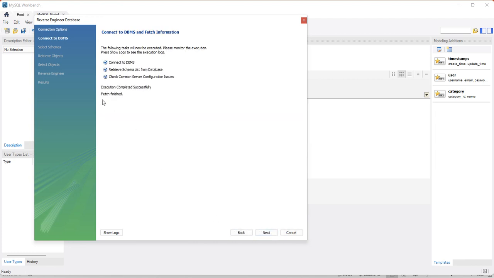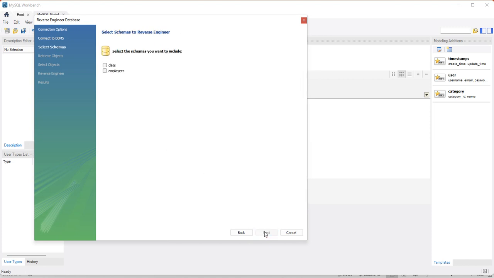The execution will be quick. You'll see a message, execution completed successfully. You click on next, and here you select the database that you want to work with. You'll see the list of all the databases that exist in that connection. In my case, I have class, that's the one we created earlier on, and we have employees, but we want to see the connection for the employees